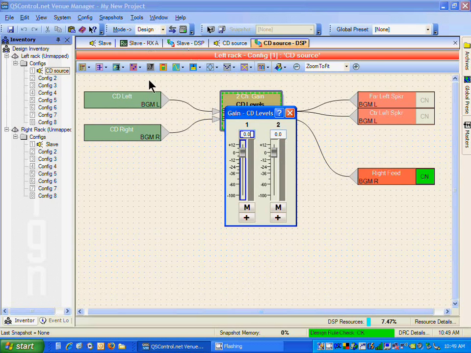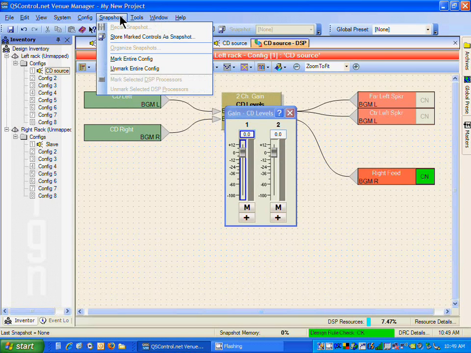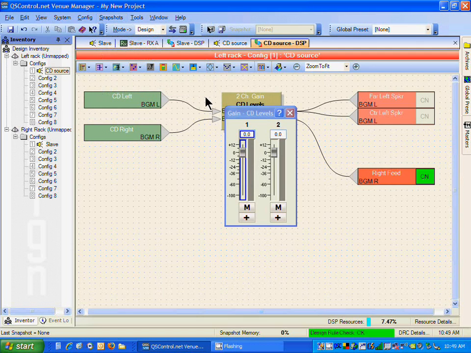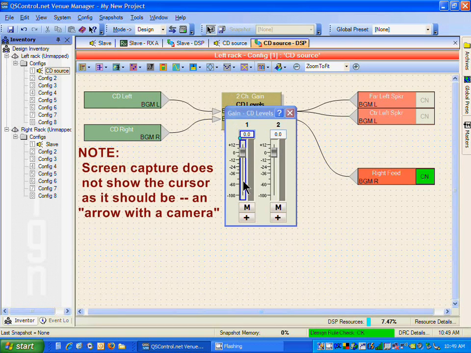So the first thing you do when making snapshots is to always start with nothing marked. What that means is nothing is already marked to be stored as a snapshot. You don't know if there's other items in this particular config that could be marked until you open them up and look at them. Now I'm going to pick that gain slider